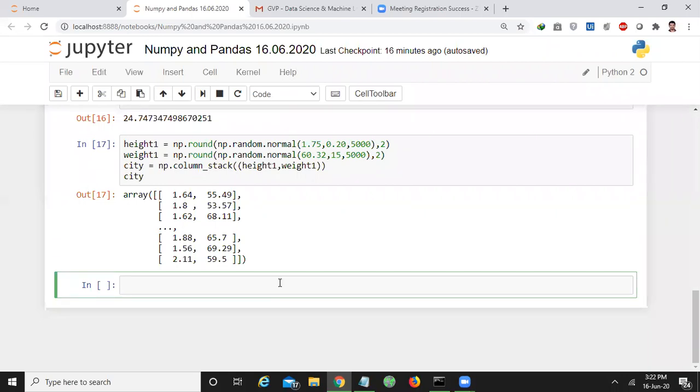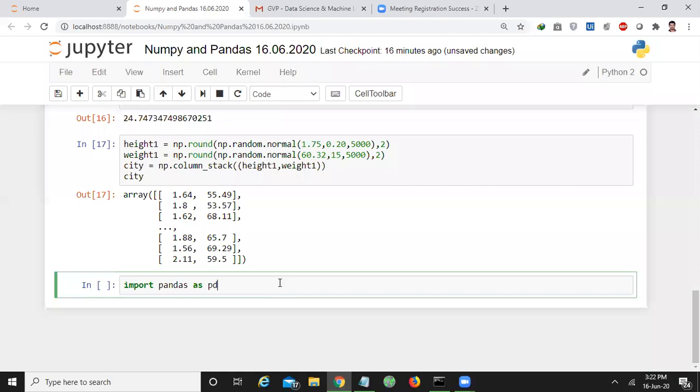Now let us go to pandas. What do you mean by pandas actually? Pandas is generally used to perform some data operations. For example, if you want to work on or study some data set, you know what a data set is? A data set contains some examples or some values.